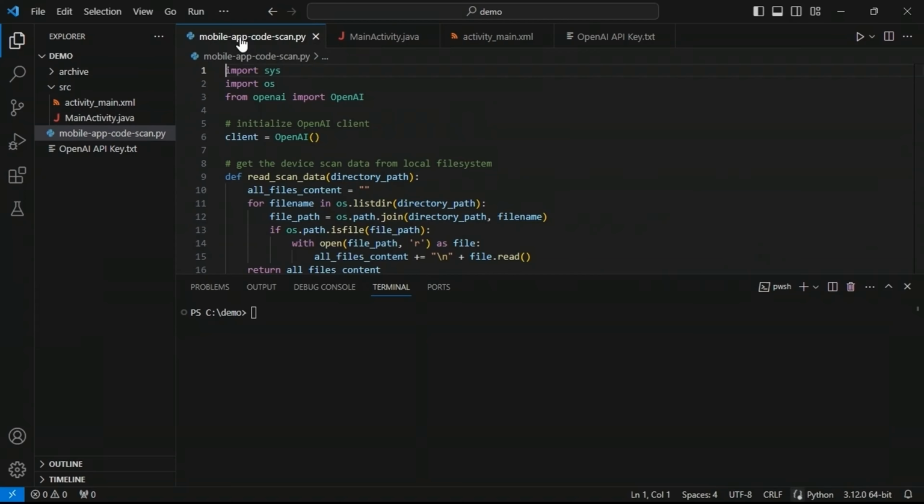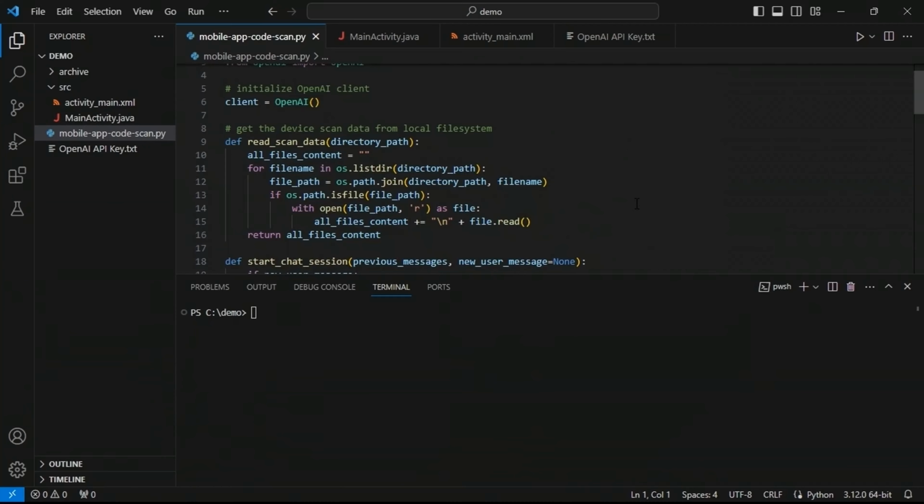Now, the mobile app code scan Python script is going to accept a directory path as an argument. Let's just go over the code briefly. Okay, so lines 1 to 3, I import the modules that I need. Then on line 6, I initialize the OpenAI client. Starting on line 9, I define a function called rescan data and pass it the directory path. And that will iterate over all the files in the directory path that's specified, and it will store all the code in a variable called